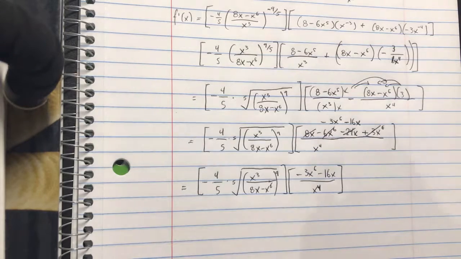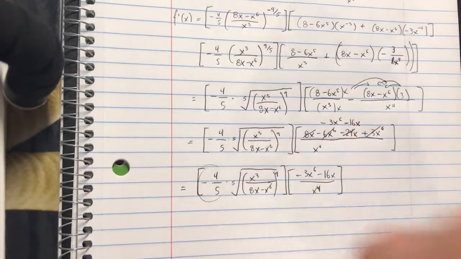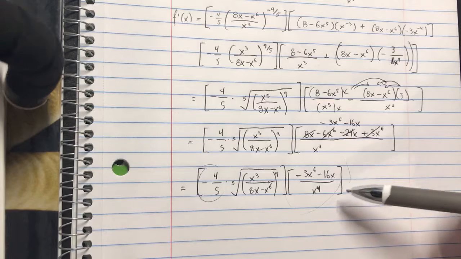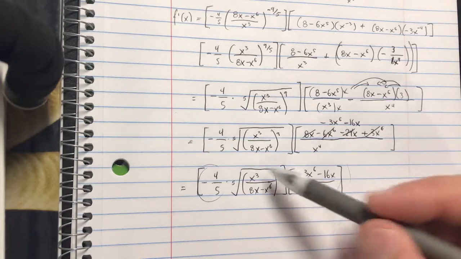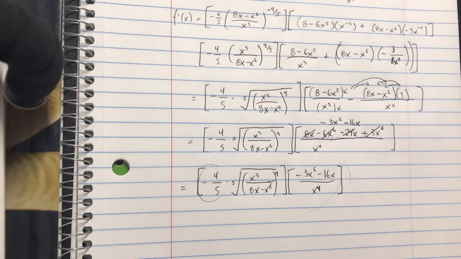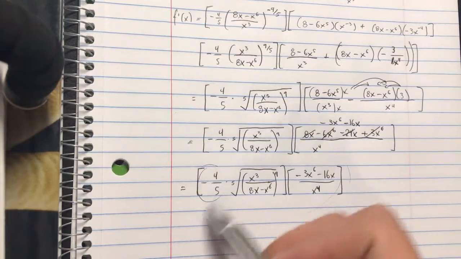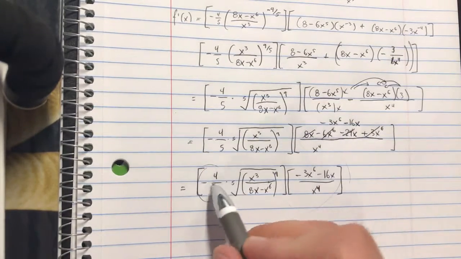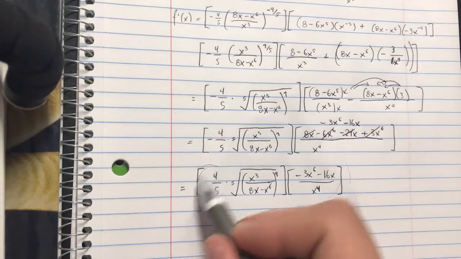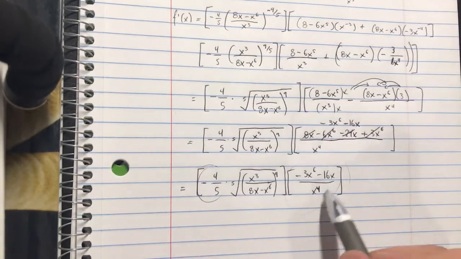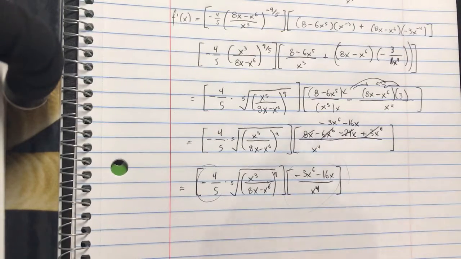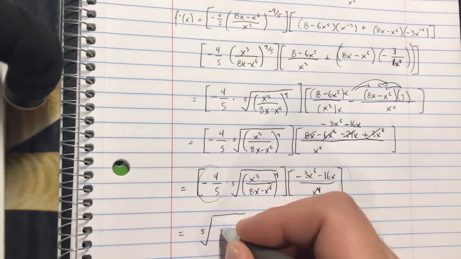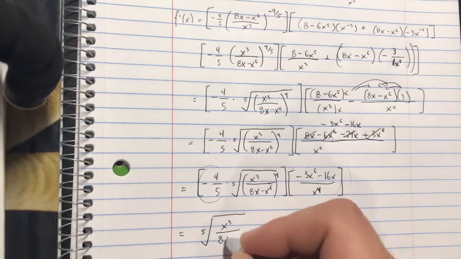It's definitely not an easy thing, but what I'm going to do is take this negative 4/5 and combine that with this fraction over here, because it doesn't look like we can do much with this. I mean, I'm sure there is, but not much that I want to do. So I'm going to combine this fraction with this fraction that doesn't have a radical. When we do that, it's basically the same thing as saying take the negative 4 and multiply that by the numerator, and then take the 5 and multiply that by the denominator, or x to the 4th over here. And we'll keep this in the front, so we have the 5th root of x cubed over 8x